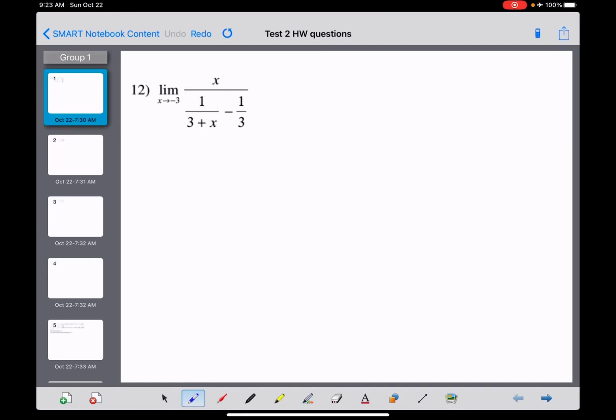Okay, this is question number 12 off the 2.5 worksheet number 2. Probably should have written that at the top. So 2.5 worksheet 2. And it's just asking us to evaluate a limit here as x approaches -3 of this